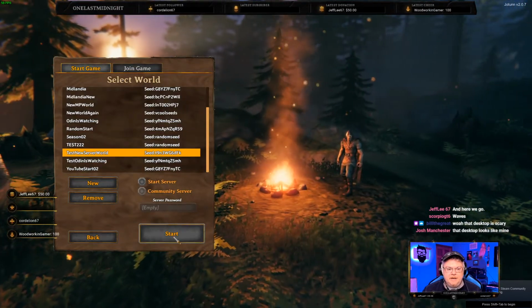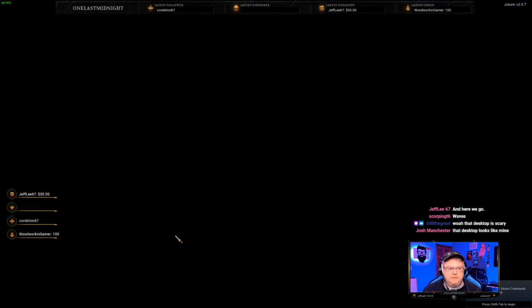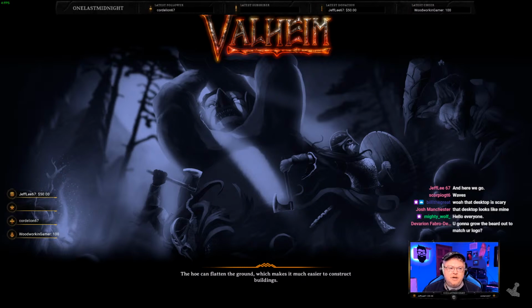So I got a test guy, I got a test world. I'm just running through. I did have this monster configuration turned up way too high. Mighty Wolf, what's up, bud? And the problem was I came across the level 3 troll with 1800 health, and its regen was